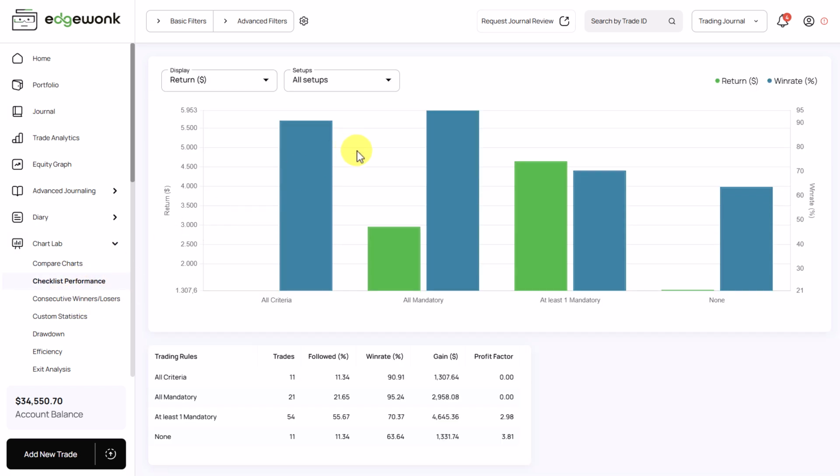chart. By default, we show you a breakdown over all of your setups, and then we show you the win rate and the return for each checklist. So the blue bar is the win rate and the green bar is the return. So here, for example, we see All Mandatory, which means those are trades where all mandatory items on the checklist have been checked. And when we hover over, we can see that when all mandatory items were checked, we have